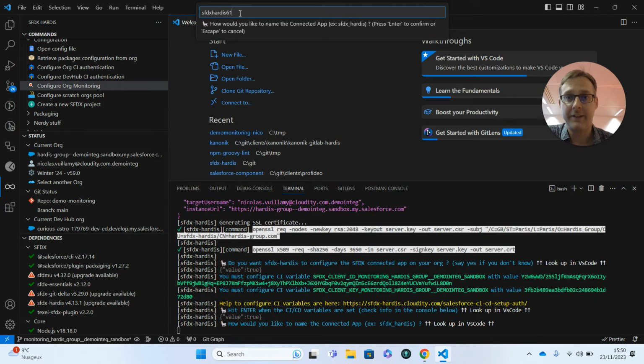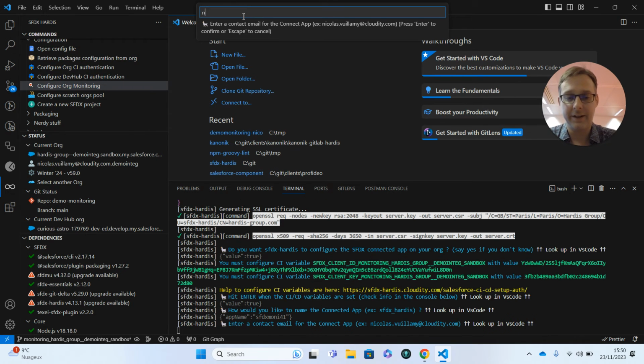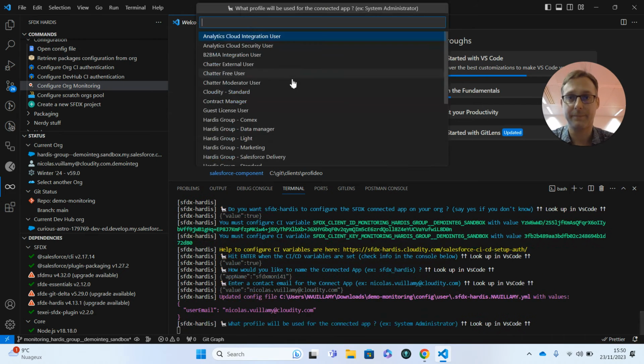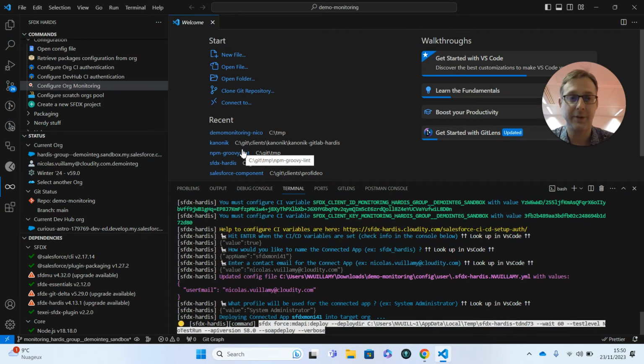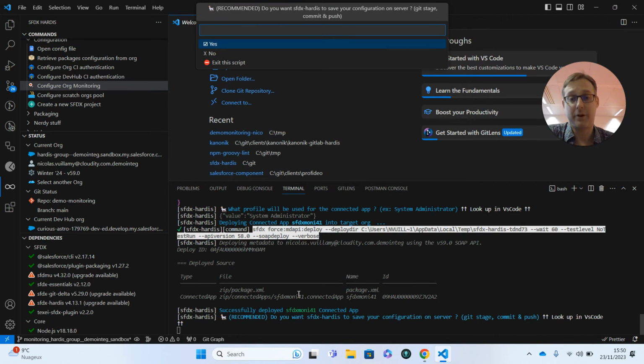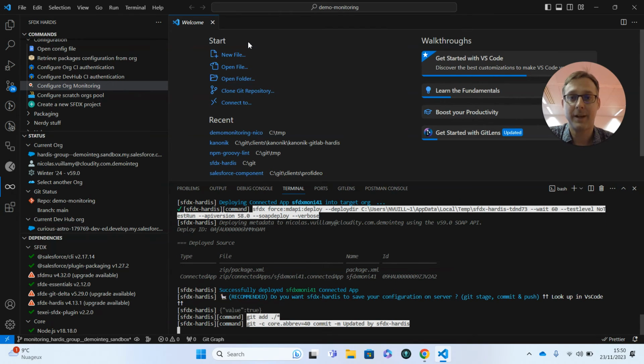I say OK. It asks me for a connected app name, so let's call it SFDX-Hardis with some number. It asks for an email address, so you can input yours. It asks for a profile, so you can use system administrator, or a lower one if you have a lower one defined, but you need to be able to extract metadata and call APIs. And now there is a current deployment, and it is already done. So now in my target org, there is a new connected app that has been uploaded by SFDX-Hardis. I click yes,